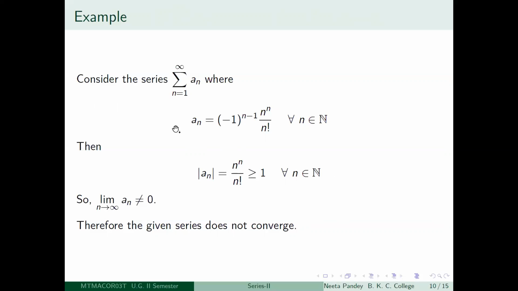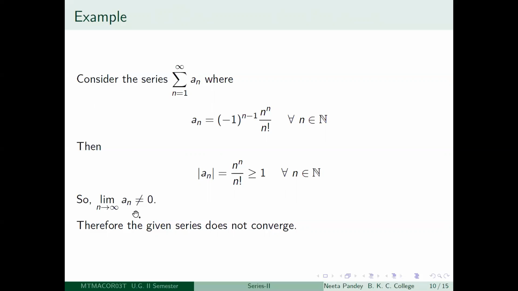So if you look at the way an is dispersed on the real line, it is going to be either less than or equal to minus 1 or greater than or equal to 1, right? Depending on whether n is an even number or an odd number. It is either going to be less than minus 1 or greater than 1, except for the first term. So what will happen is that it will never converge to 0. Whether it converges or not, we don't bother. At least it will not converge to 0.